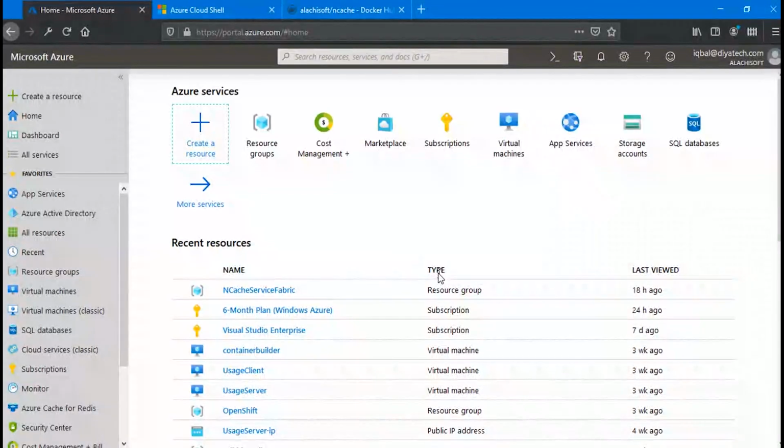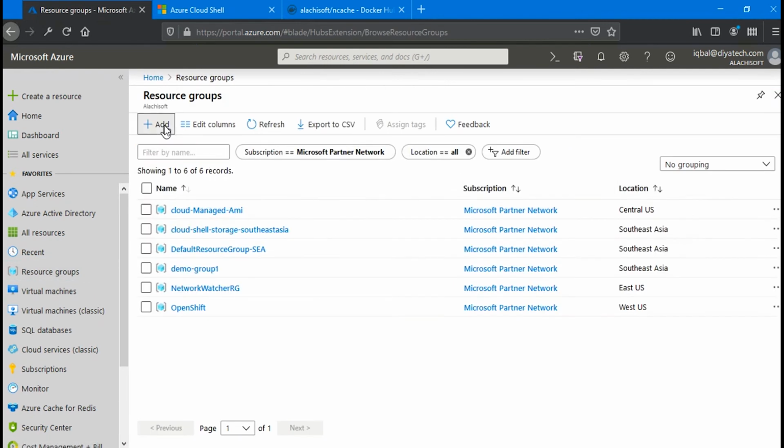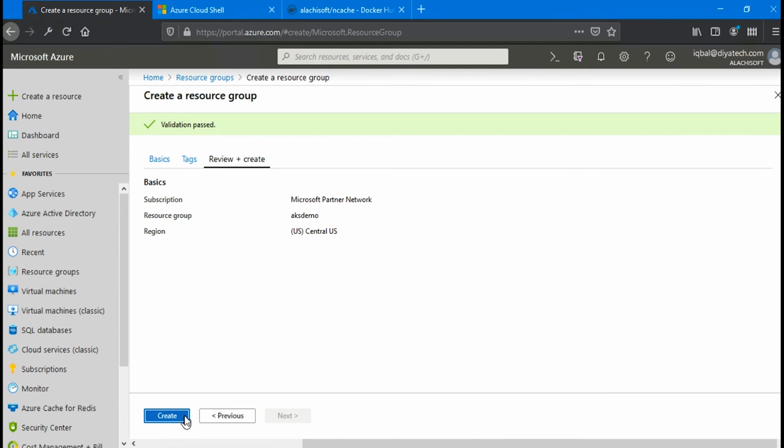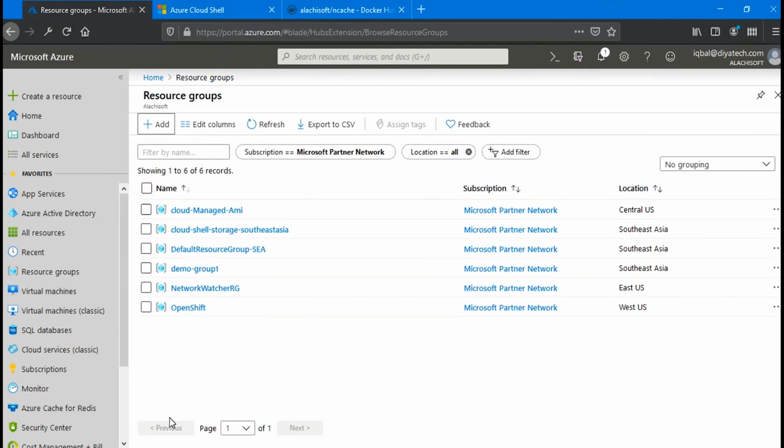Okay, I'm logged into Azure Management Portal, and that's where I'm going to get started with all the deployments. First thing that I need to do is to create a resource group. And after that, I would go ahead and with all the deployments, hit add, and keep everything simple. Review and create. Hit create, and that would go ahead and create a resource group where I would deploy my Kubernetes service. So if I refresh on this,